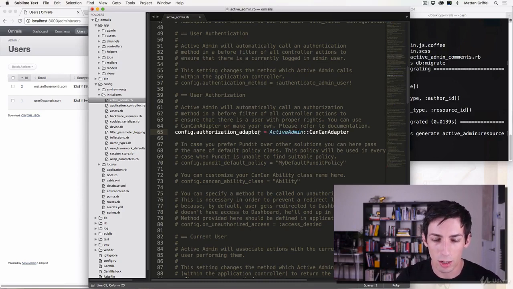But for now, we're going to create our own authorization adapter. So we replace this with quotes, and in here we put admin authorization. We're actually going to create something called an admin authorization adapter. Now, how do I do this? Well, I can basically go into my